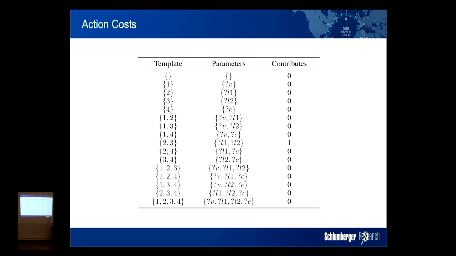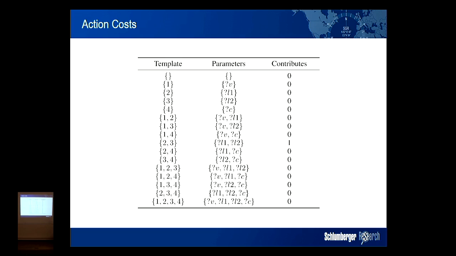Okay, so there could be a cost of loading things into a particular truck. There could be a cost of loading things into a particular truck at a location. There could be a cost of entering a location, which would just depend on the destination location, or there could be a cost of leaving a location, or there could be a cost over any of these subsets.